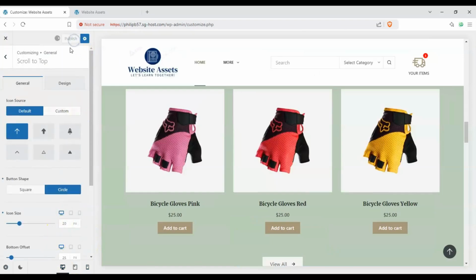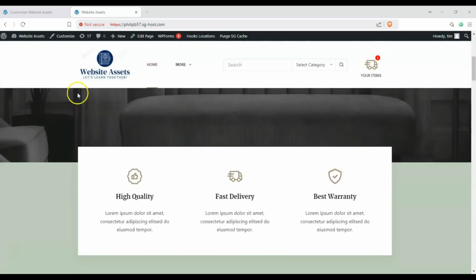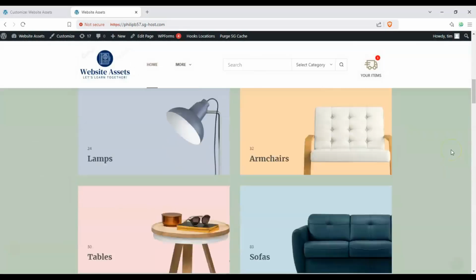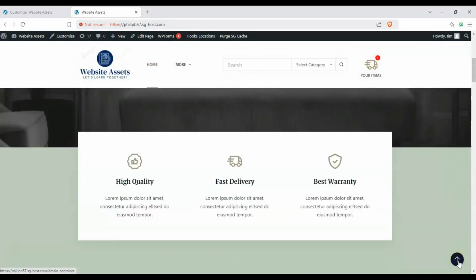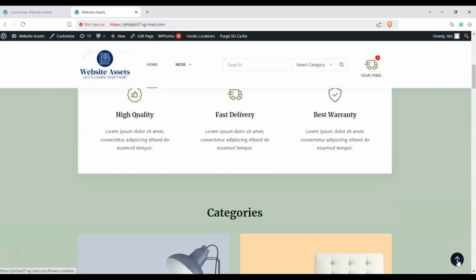Let's go ahead and click on Publish to save our changes. Alright, we're on our site again. Let's reload our site, and as you can see, we now have scroll to top enabled on our WordPress Blocksy